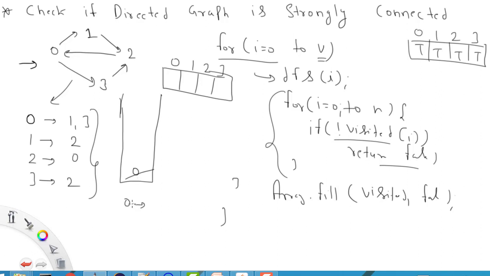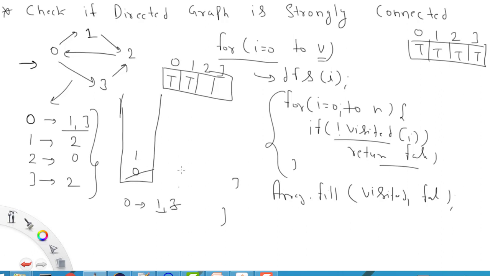Now I can get all the neighbors list for this 0 from here. So now it will give me the list, 1 and 3. Now I will check, and when I put this 0, I have already marked this as true. Now I check whether this 1 is visited. I check from here because this is an array. Now 1 is not visited, so I mark it as true and I put this value into the stack.